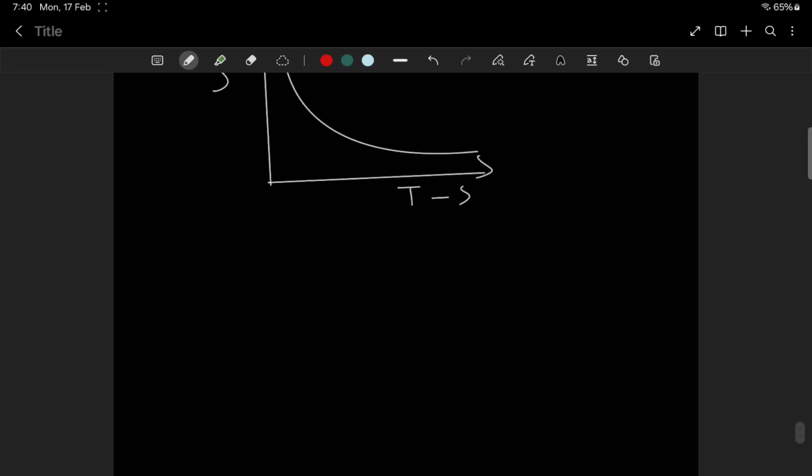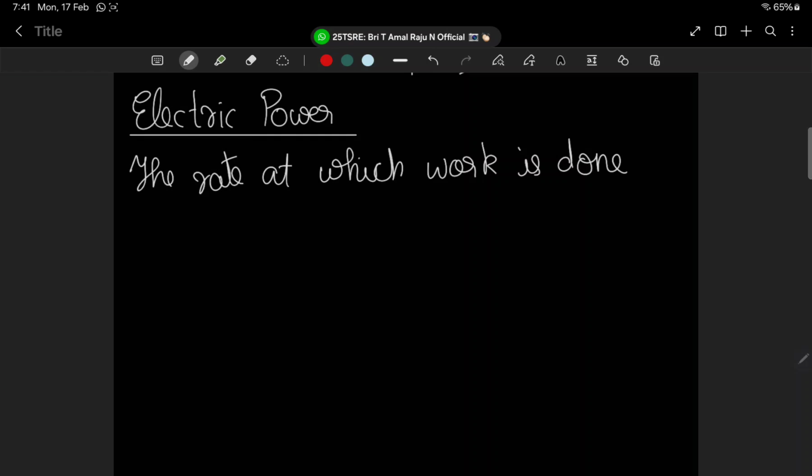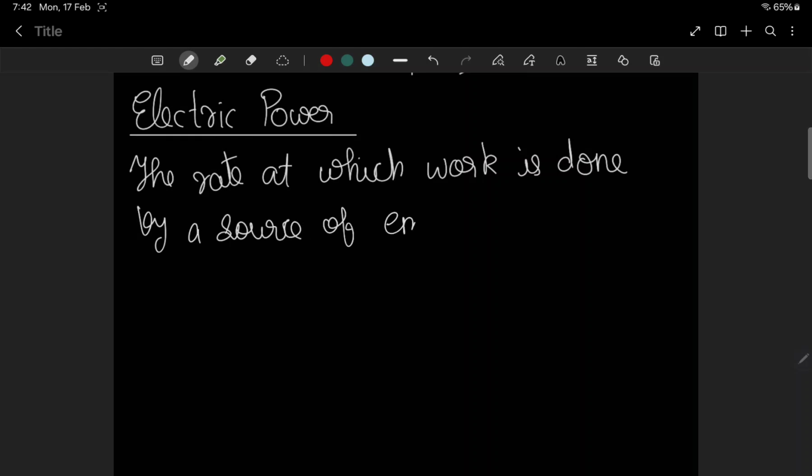Now we go to one of the most important parts in the chapter, that is electric power. The definition of electric power is important. The rate at which work is done by a source of EMF, a battery, in maintaining the electric current